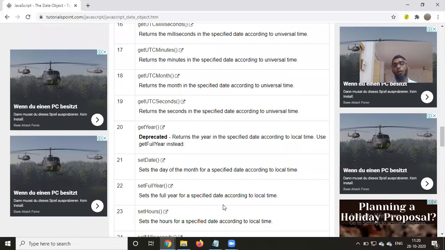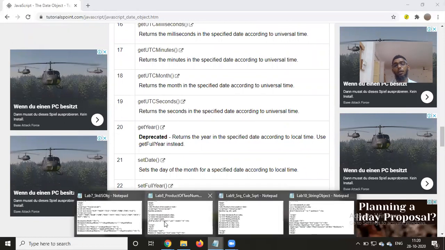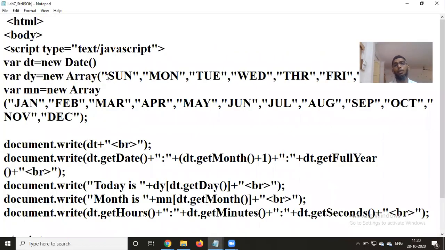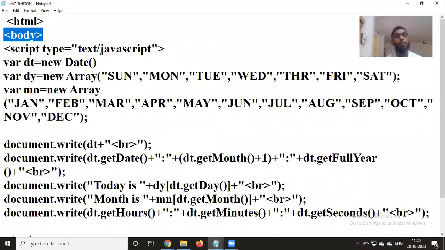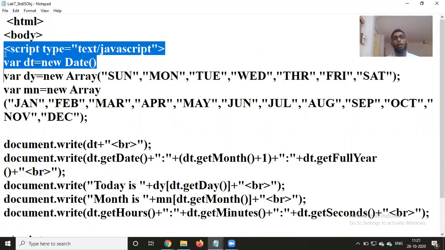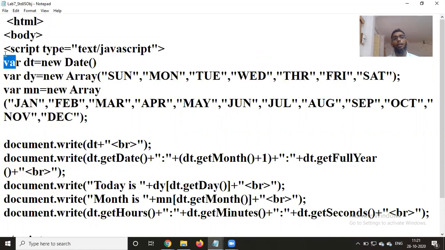If you observe the program I have discussed here, in this program I'm writing JavaScript and creating a date object: variable dt is equal to new Date.